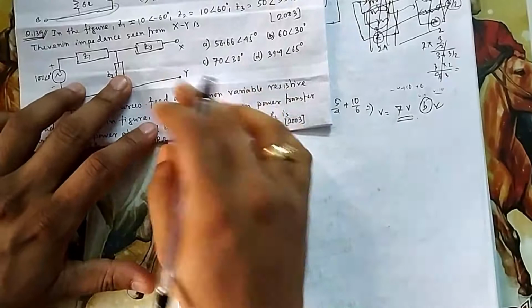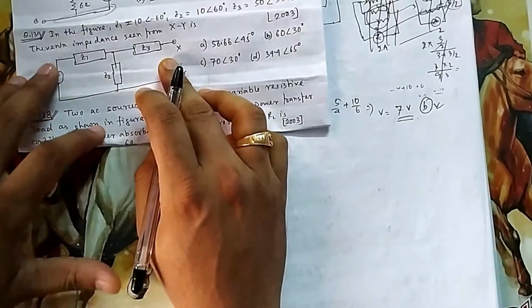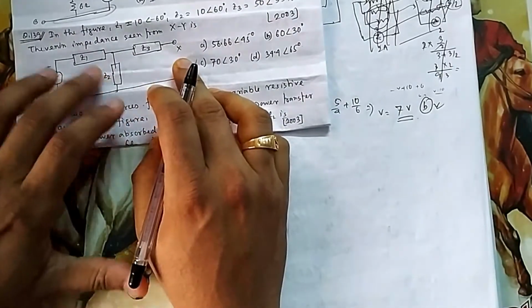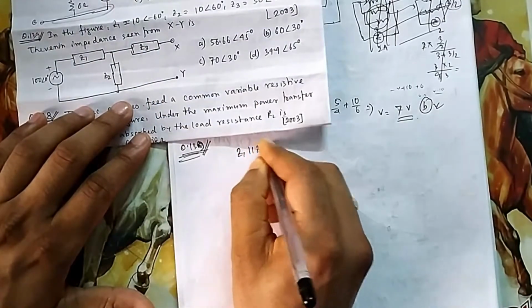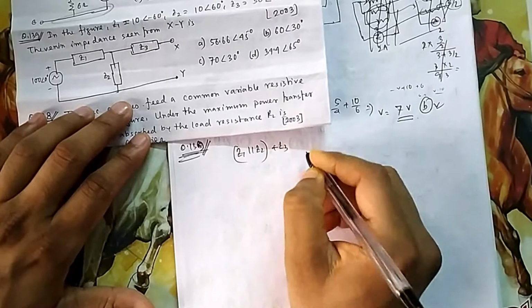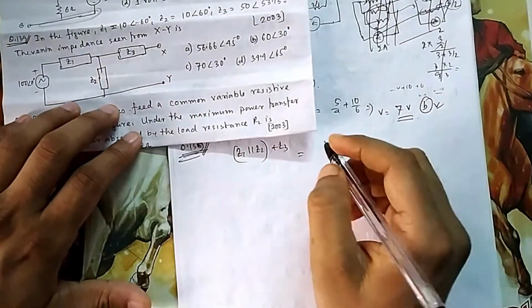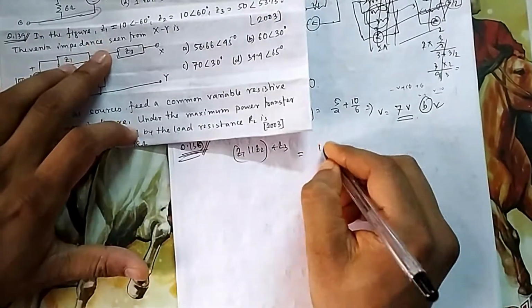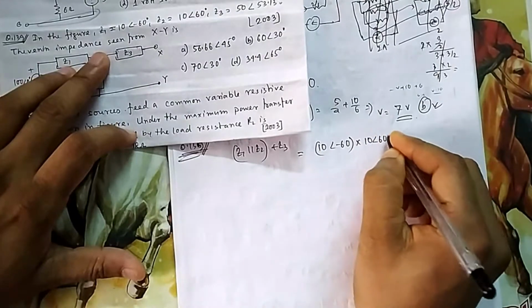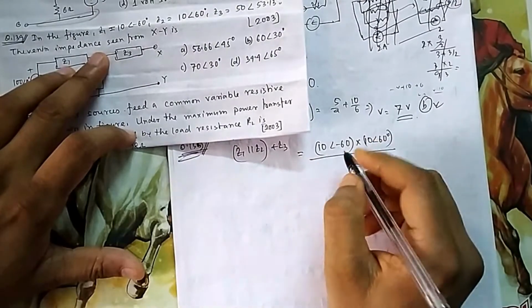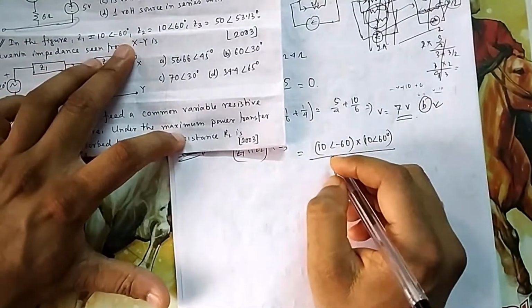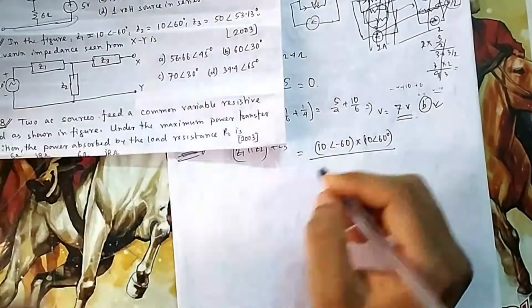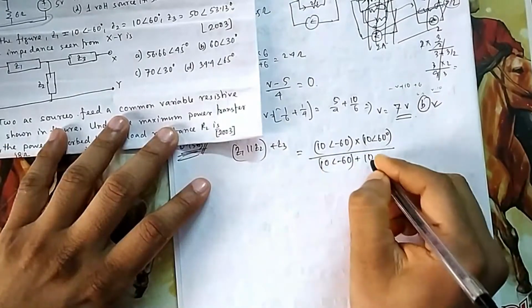So in question 139, Z1, Z2, Z3 is Thevenin's impedance. Now we can easily do it. With Thevenin's impedance, the source is shorted. You look from this side, this and this in parallel with series this. So Z1 parallel with Z2, that is in series with Z3. But here calculation will take some time because you may not have direct conversion in your on-screen calculator. So you have to remember how to do this conversion from polar to rectangular. Then you can apply trigonometry to find the answer. So I am not doing it. I think you can do it.